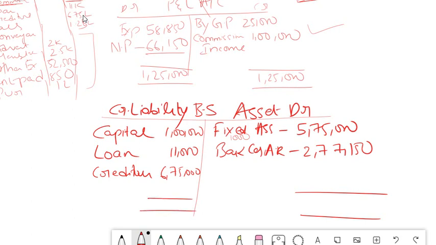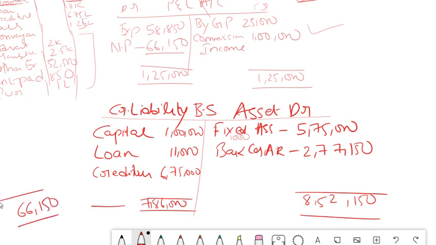Now if you total this, how much does it come to? So the total here, if you see, comes to around 8,52,150. Now if you total this, it will come to 1 lakh, 6 lakh, 6 lakh, 7 lakh, 7 lakh 85,000. No, 7 lakh 86. So there is a difference, isn't it? So now what is the difference? 8,52 minus 7,86. The difference is nothing but your net profit. So the difference is 66,150.